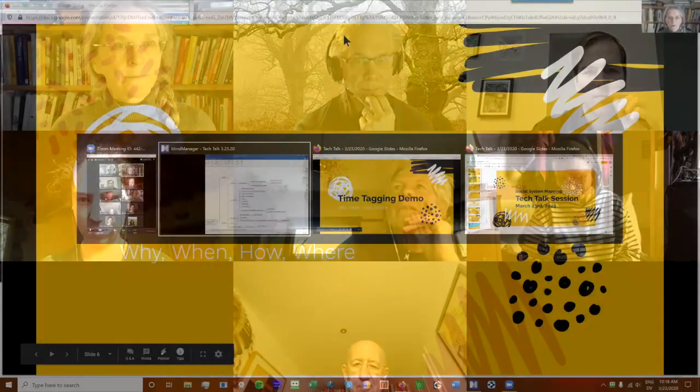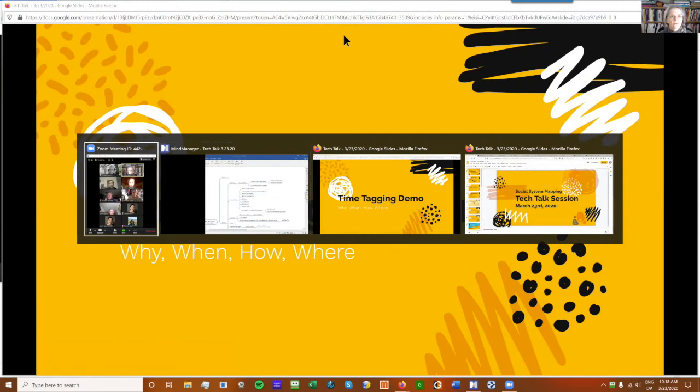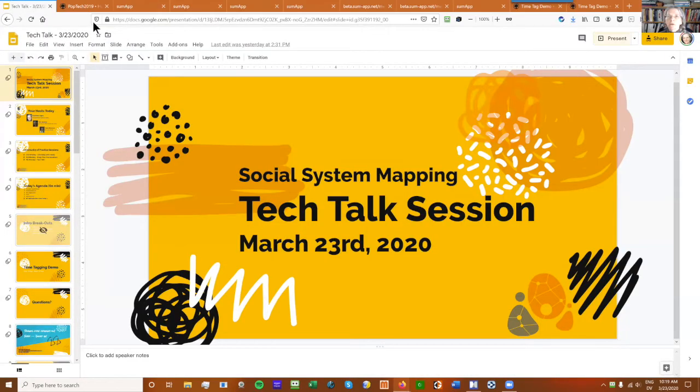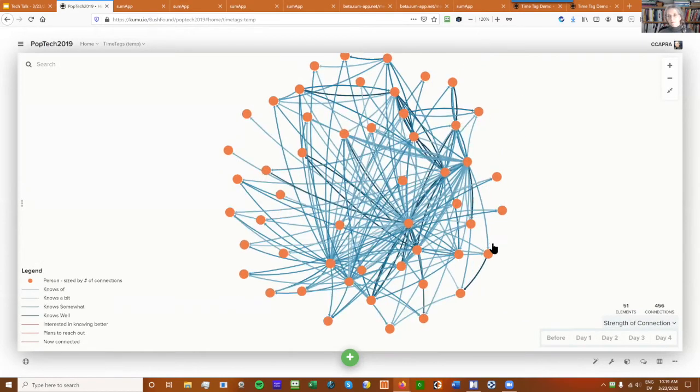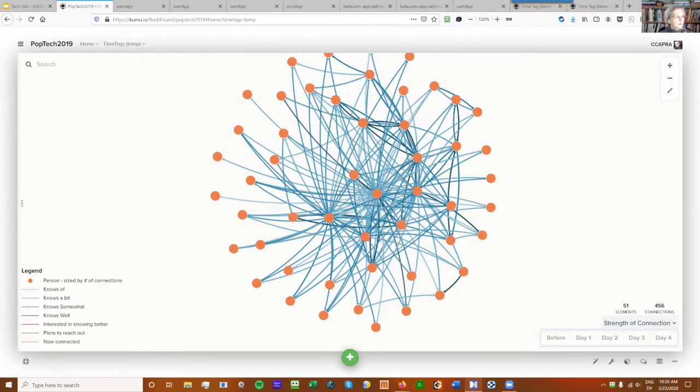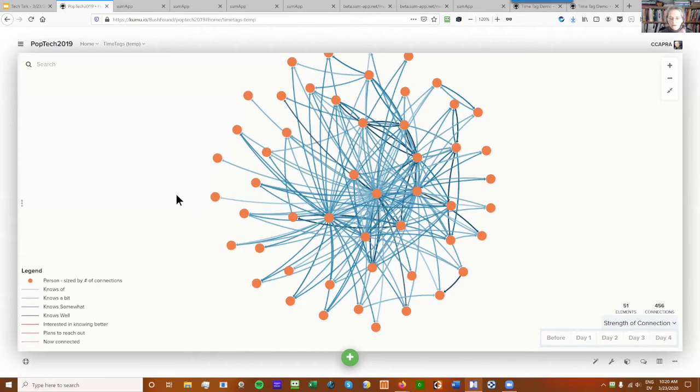And so now I'm going to go back to sharing my screen. Can you all see my screen now? Yep. Yay. Okay. So first I'm going to show you what time tagging is. Okay. So here is a network. Time tagging is a way of noticing the differences in your network over time. So what does it look like in, say, for instance, 2016? What does it look like in 2017? What does it look like in 2018, et cetera?